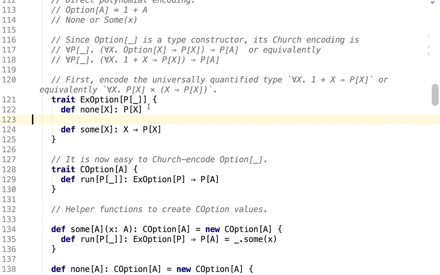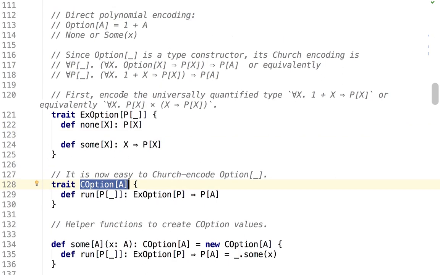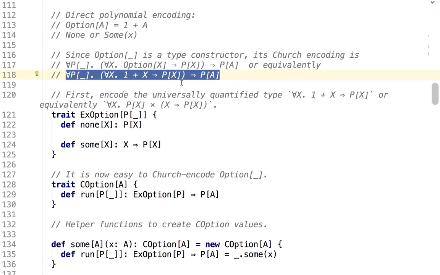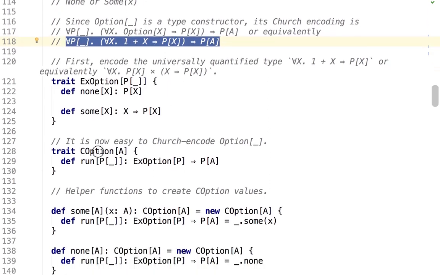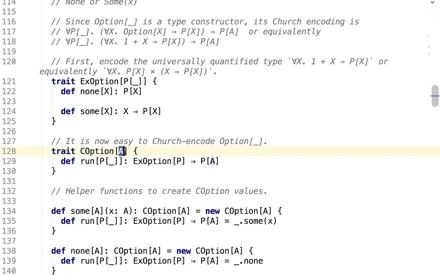So having defined this type, it's now easy to define the church encoding of the option, which is parameterized by a. Notice this entire thing has only one type parameter, which is a, that is visible outside. The type parameters p and x should not be visible outside. They are hidden inside this type expression. So therefore, we put the type parameter a outside, and the run method, I just call this run for convenience